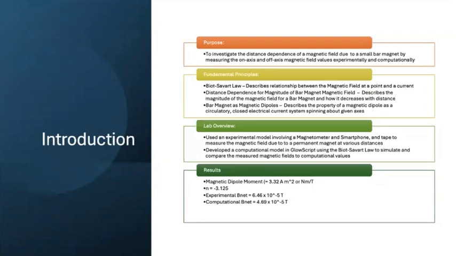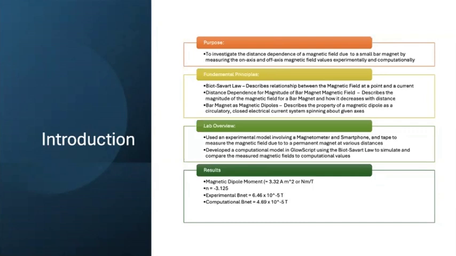Some of the principles, like what we just talked about: the law describing the relationship between the magnetic field at a point and current; the distance dependence for the magnitude of a bar magnet's field, which describes how it decreases with distance; and the bar magnet acting as a magnetic dipole, which describes the properties of a magnetic dipole as a closed circulatory electrical current system